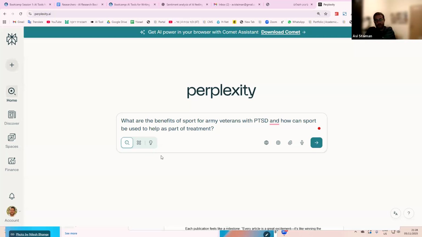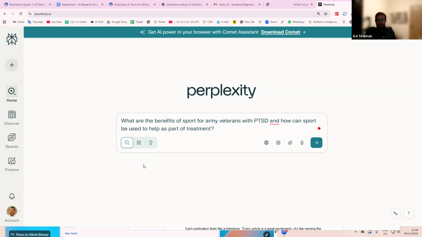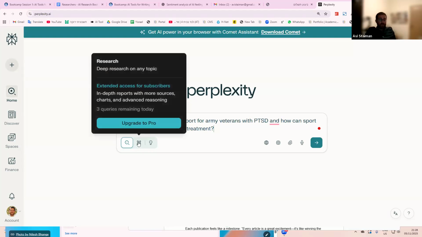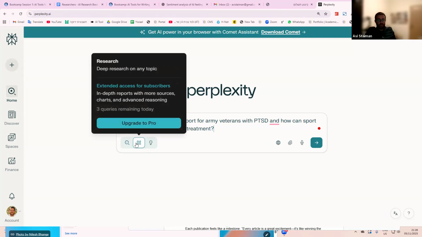If it's a very easy question, like what the weather is going to be like tomorrow, then using the search tool is perfectly fine. If you want to go a little bit deeper and ask research questions, or questions that have multiple stages to them, or questions where you want to create a report, I would click on the research button. So you move over from search to research. And the research button makes the process going on behind the scenes much more in depth. It's actually a longer process.